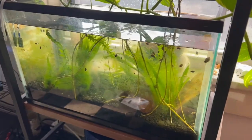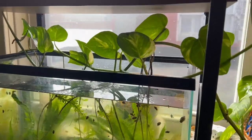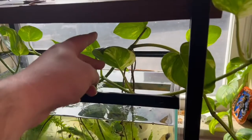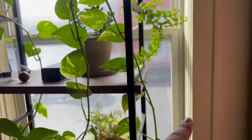Hey guys, so I've been getting really into aquariums lately, and I want to show off all the aquariums I have right now. Okay, so starting off, this is kind of my wild one. So I got this plant. This is called pothos, and it goes all the way up here and around. So it starts right there and goes